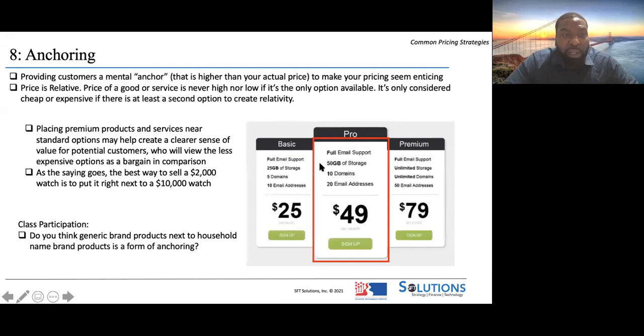Another pricing strategy we're going to talk about is anchoring. So basically, you provide the customer with additional information to show that what they're getting is a good deal. So here in this example, this picture here, you can see that they're trying to nudge you towards a center choice. It's not the cheapest, it's not the most expensive, but visually and based on the information that's given to you, you can tell that you're getting a good deal.